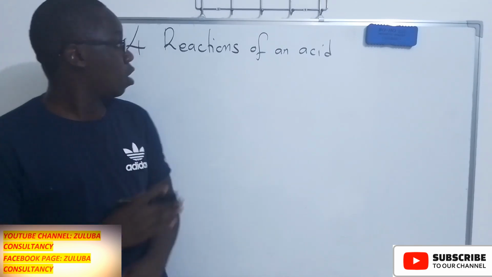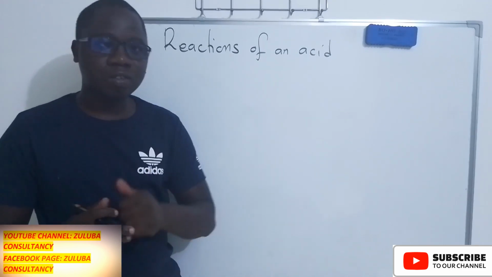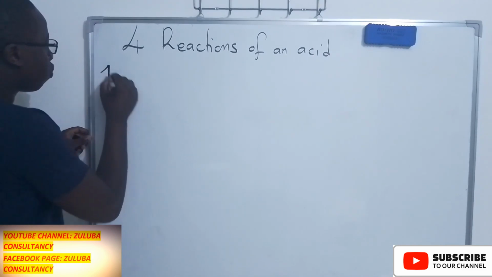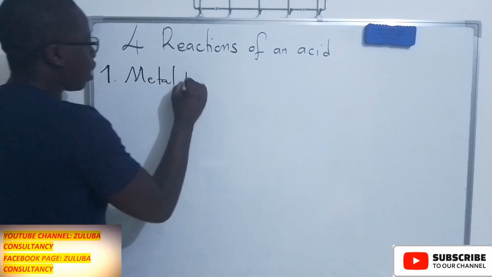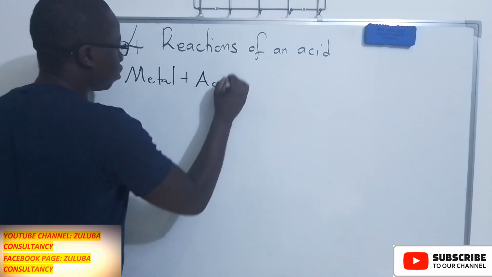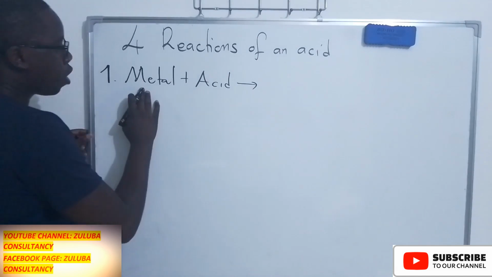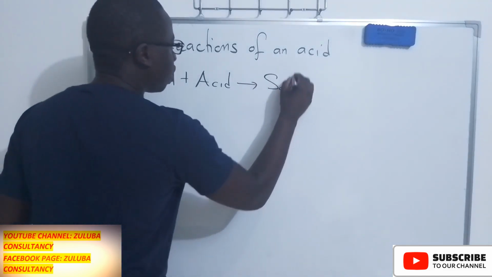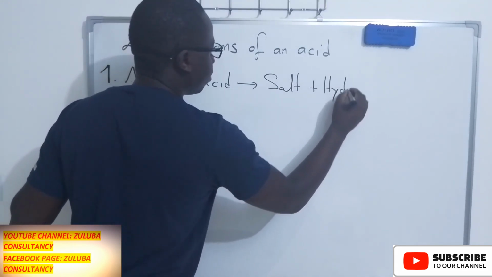So let's see the 4 reactions of an acid that you must know. The first reaction we want to look at is when a metal reacts with an acid. What is the product? So when a metal reacts with an acid, always a salt and hydrogen